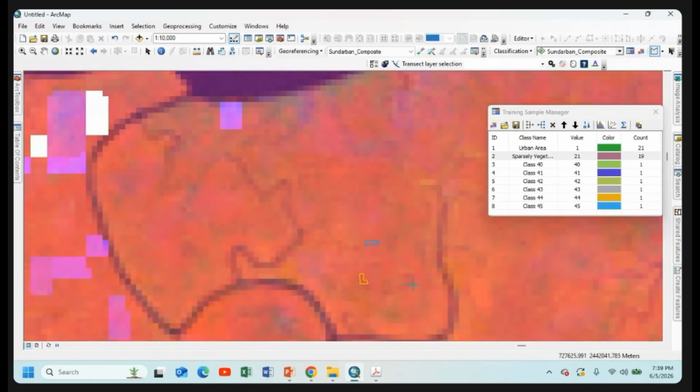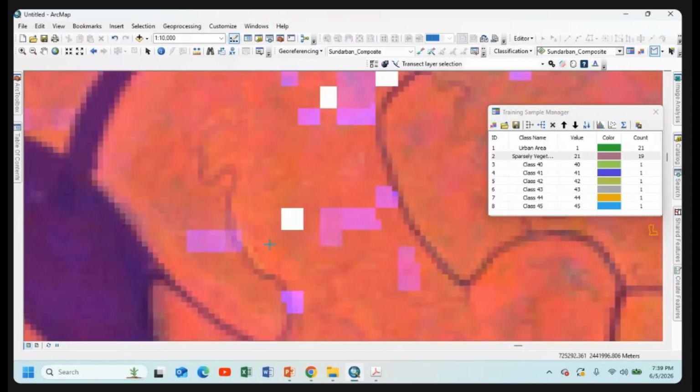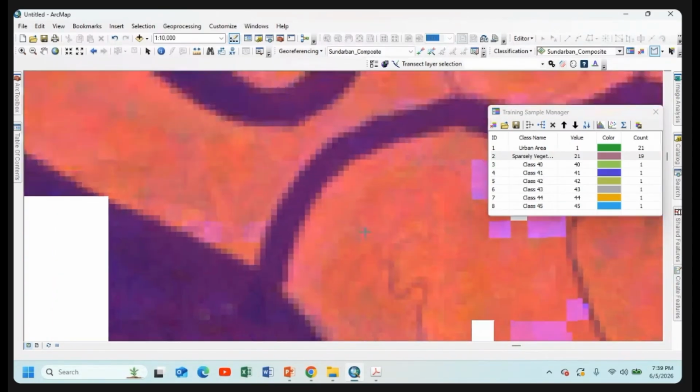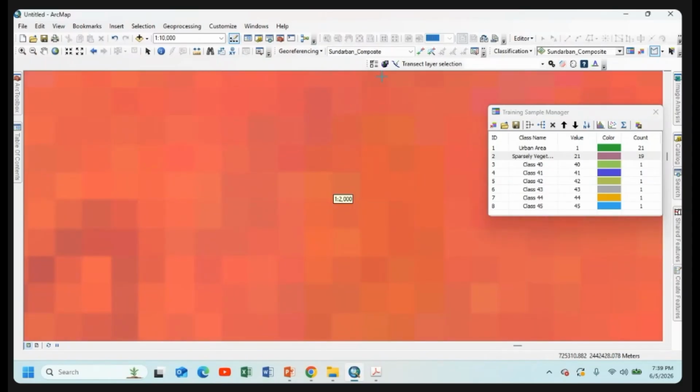See how much I maximize the map. You will also try to maximize as much as possible to collect an accurate data set, not to spread the training sample to other pixels. Otherwise, when it is generated, a wrong image will be prepared.